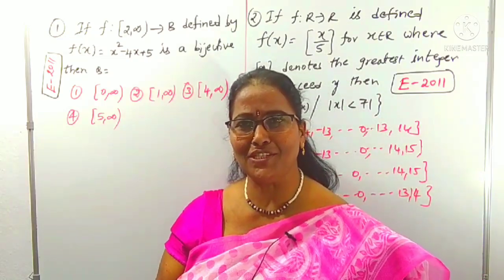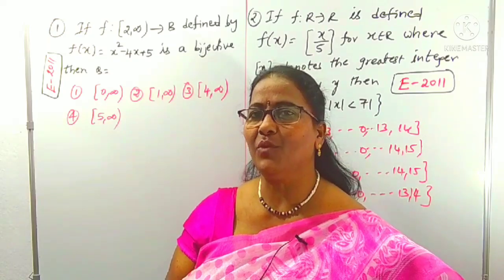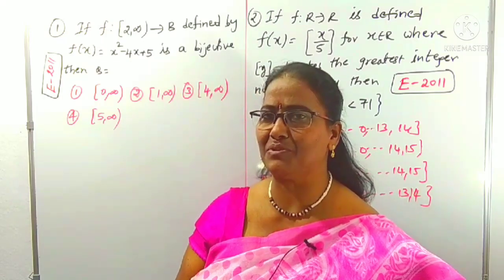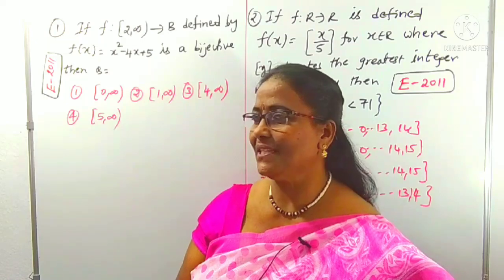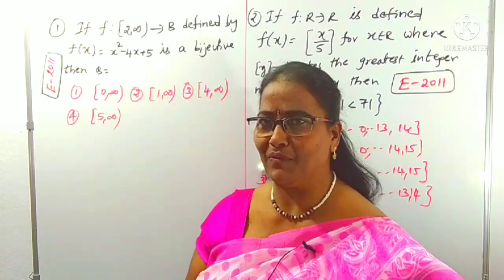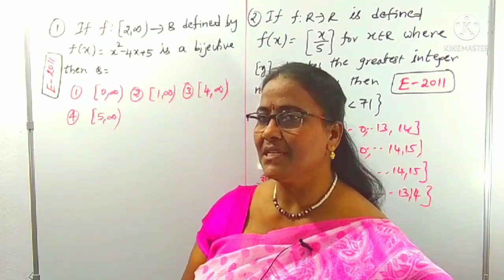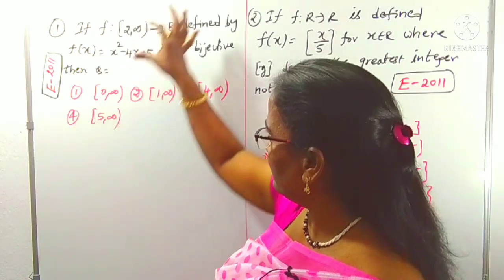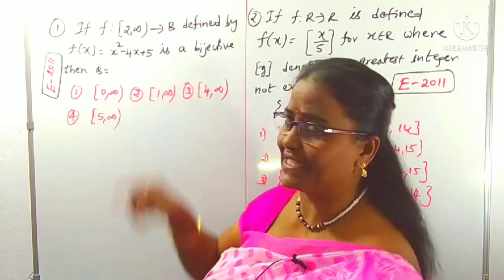Bijection means it is an injection as well as a surjection. I already made a video on the types of functions, whose link is in the description below, on how to recognize types of functions. That is very helpful for such questions. Bijection means it is a one-one and onto function. In case of onto, range is equal to codomain. So to find B, we indirectly want the range, because this is given as a bijection.